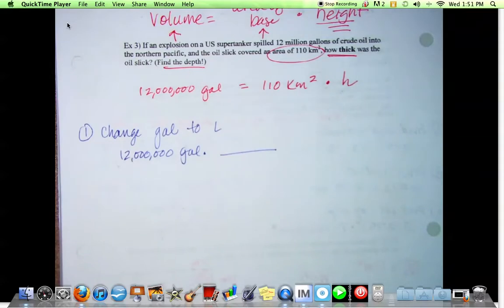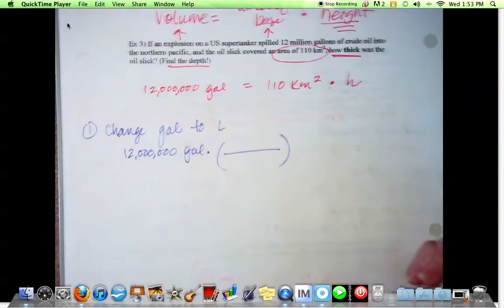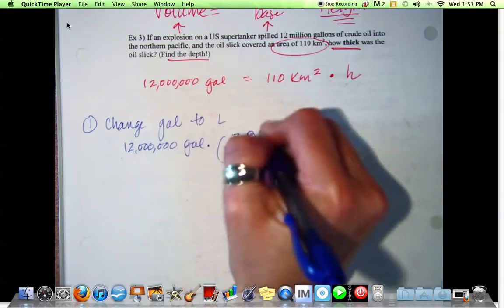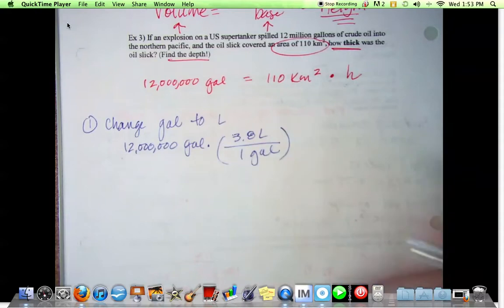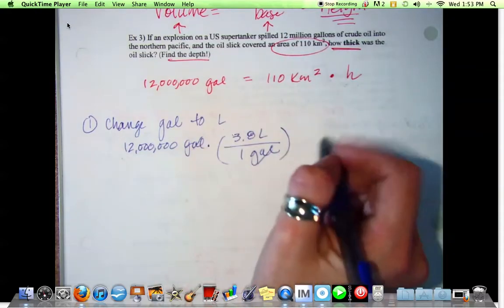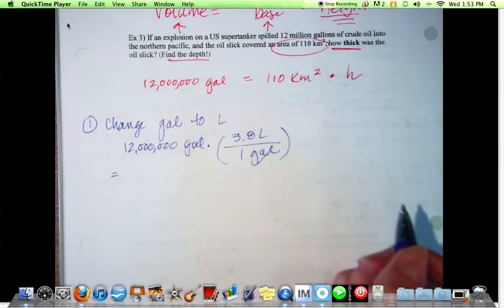All right, gallons to liters. What's my conversion fact? Changing gallons to liters. 1 gallon equals 3.8 liters or something like that. Yes. Okay. 1 gallon equals 3.8 liters. Multiplying or dividing? Multiplication. So 12 million times 3.8 gives us